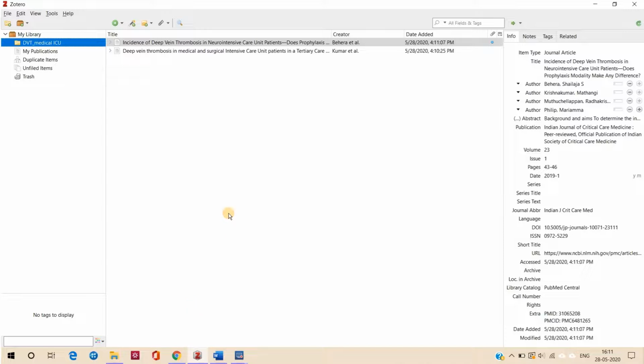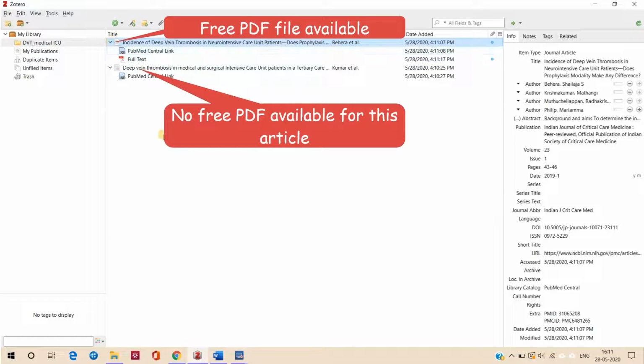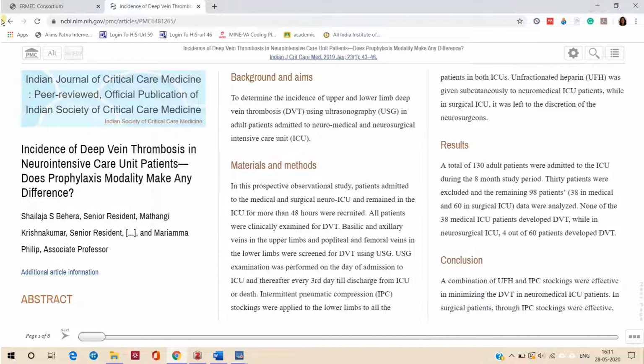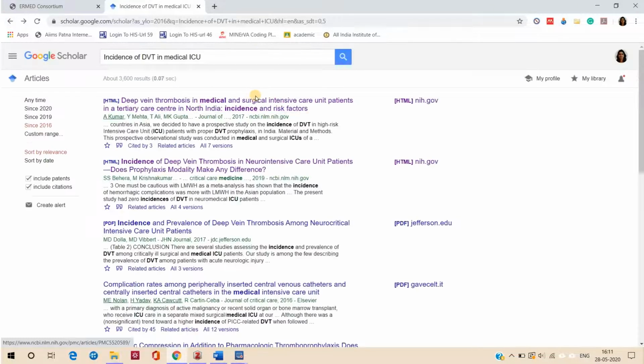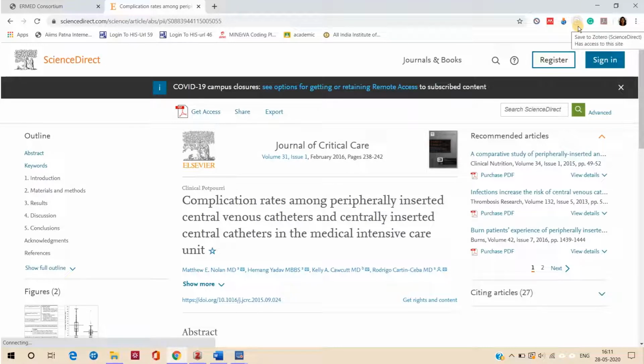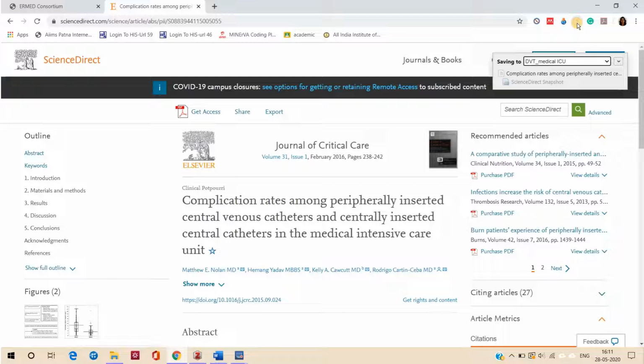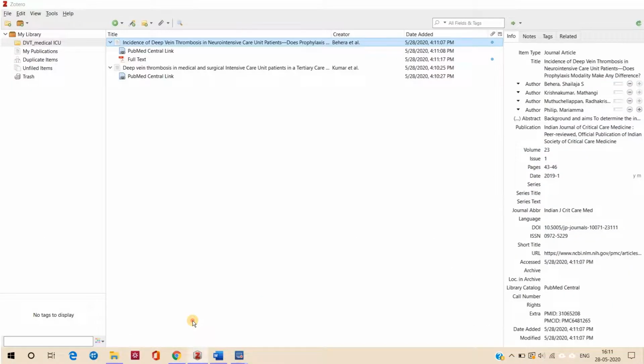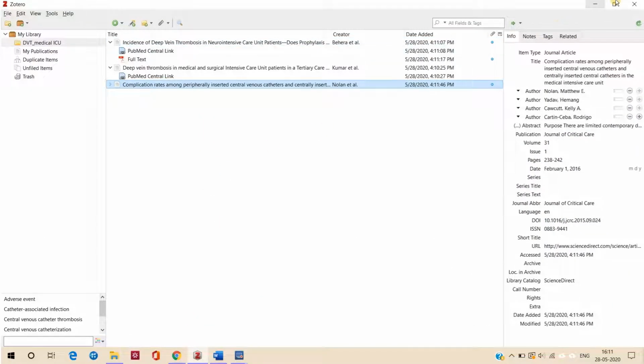So you can see 2 articles here. So this is the way you can keep on saving your article. Click on this article. Click on this Zotero icon. And this article will also appear in your Zotero library.